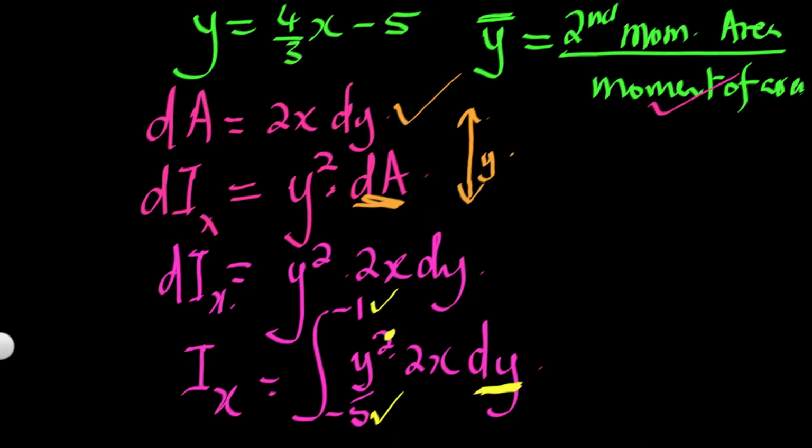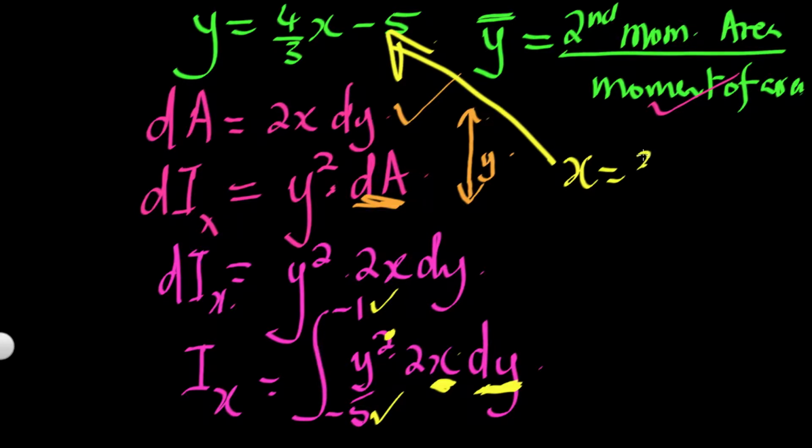Now, our limits of integration are fine. We are also happy that we are integrating with respect to y. The problem is we cannot integrate with respect to y when we still have x here. We should find a way of eliminating this x and substituting it by a function that only has y as the variable. So we're going to rely on the relationship between x and y, by the way. From here, we can make x the subject of the formula, which is